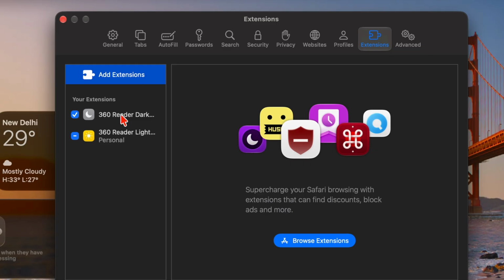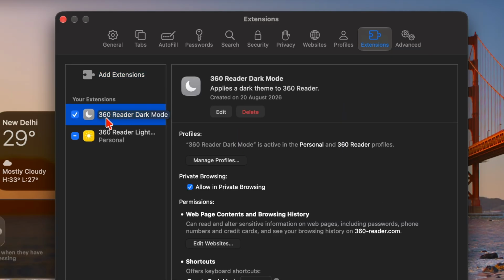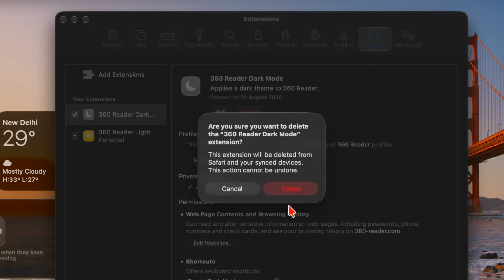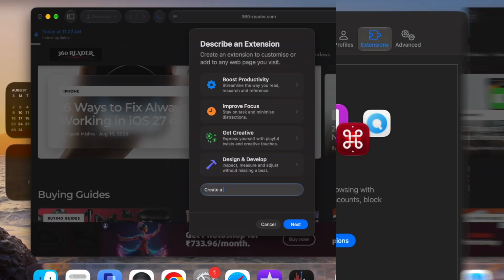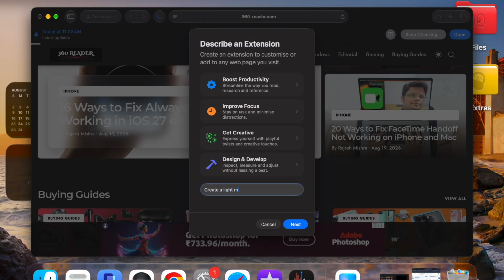Now you have to head over to the extension that you want to get rid of and then hit the delete button. When prompted, make sure to confirm the action by hitting the delete option in the pop-up menu, and that's about it. Keep in mind that it will remove the extension from Safari and the synced devices, and